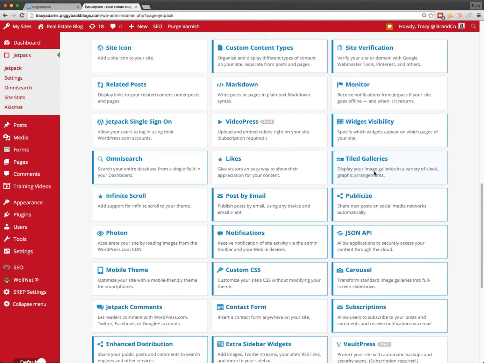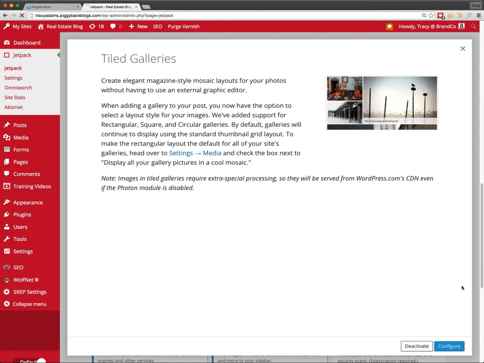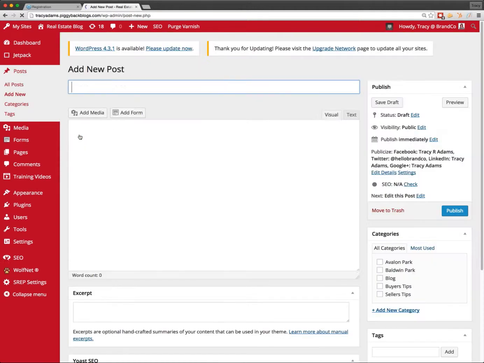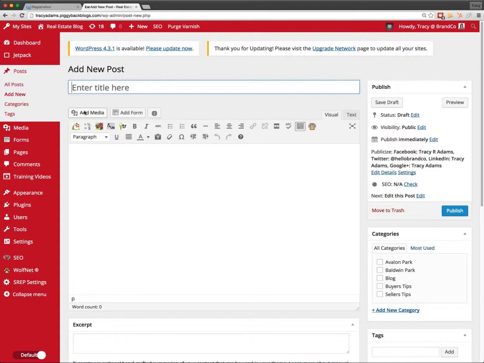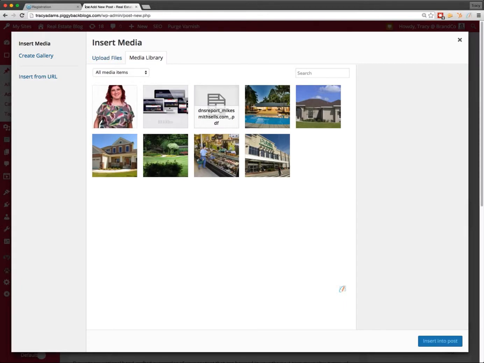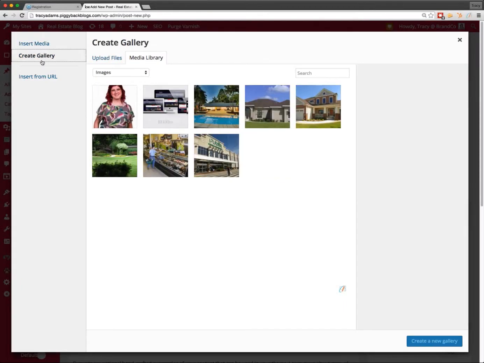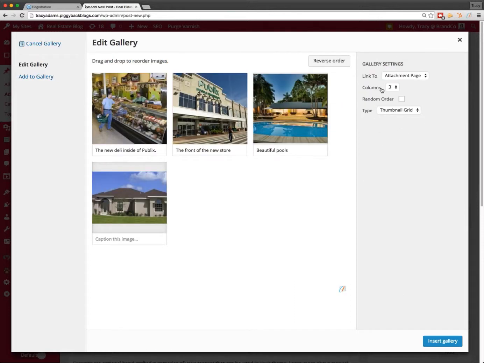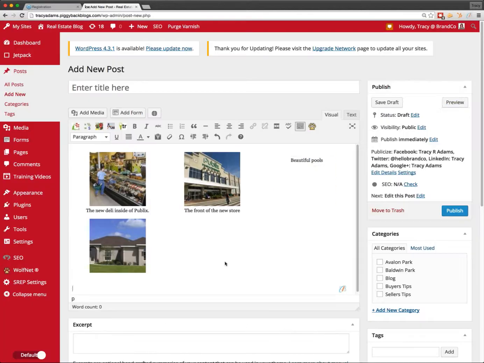Now, your standard galleries, let me show you the difference. Your standard galleries are kind of boring. So let me go in here and create a new post with a gallery inside of it. Add media, and then I'm going to create a gallery and grab 4 photos, create the gallery, 3 columns, and click to insert it. So if we go preview this,